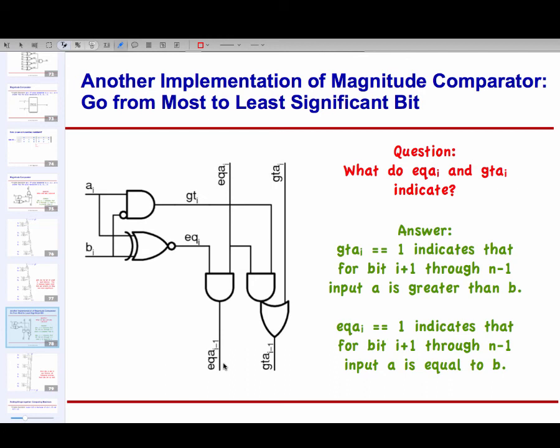A is greater than B thus far if either A was greater thus far, that is, the more significant bits told me A was greater, or the more significant bits told me they were equal and the current bit tells me that it is greater. Right? And that's what will go down. Now, can you see the disadvantage of this approach? Let's go back here. More gates, because I have 2 signals propagating now. So that's an issue, obviously.